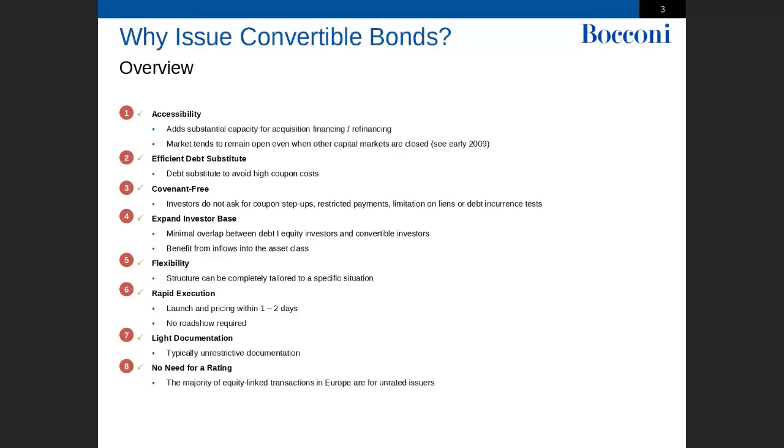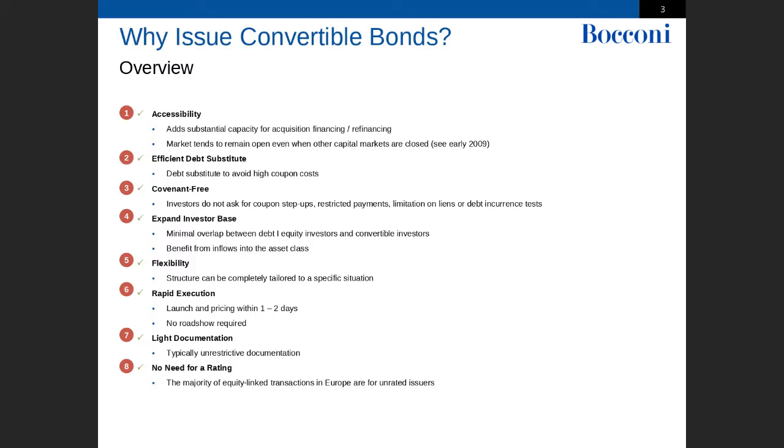You have no covenants, because a very important feature of this instrument is the lack of clauses like: you cannot go over this debt to equity ratio, you cannot go over this level of debt to EBITDA, you cannot go over any other key performance indicator or ratio, which would trigger a renegotiation or reassessment of your credit status with lenders and bondholders. In this case, with a convertible, you don't have this discussion.